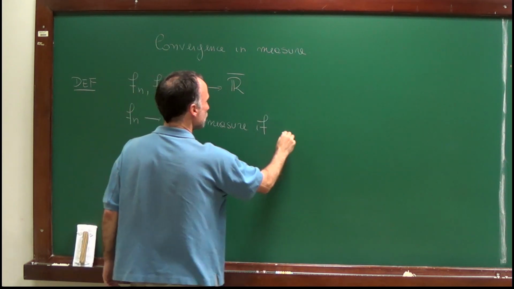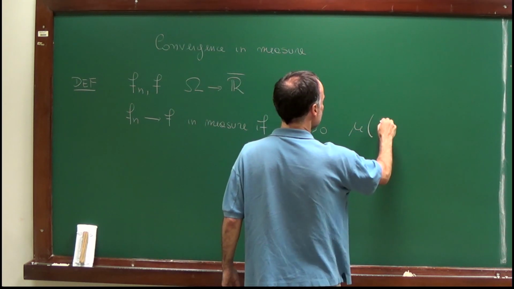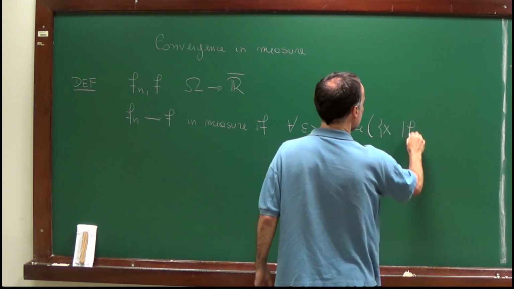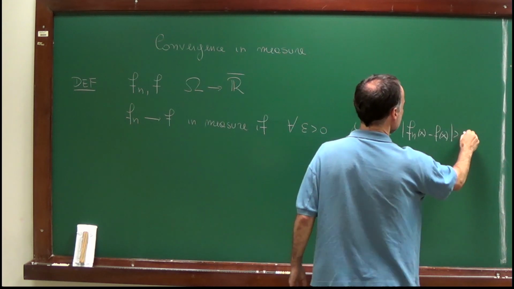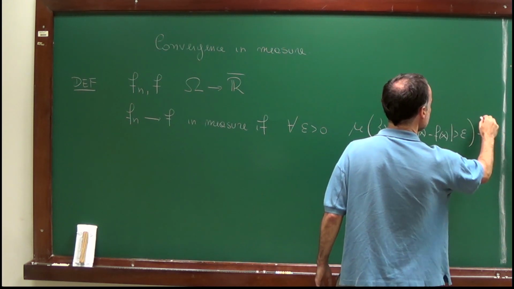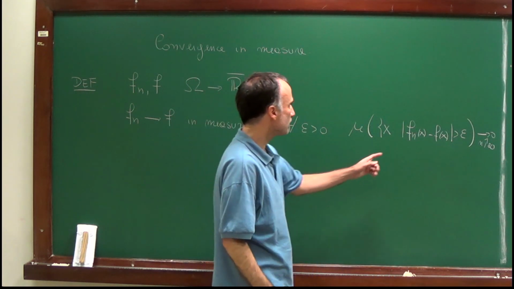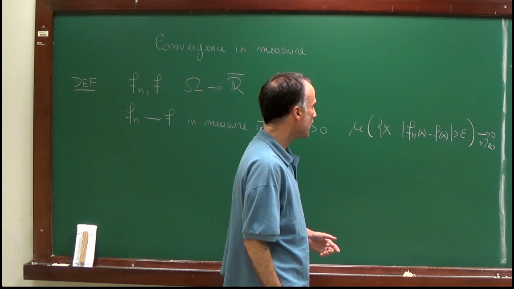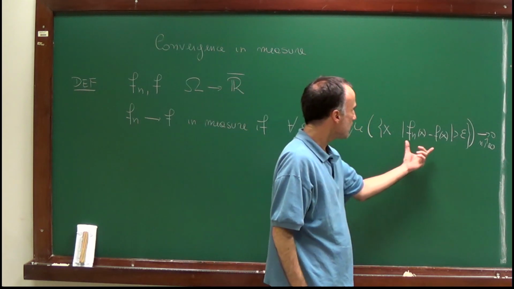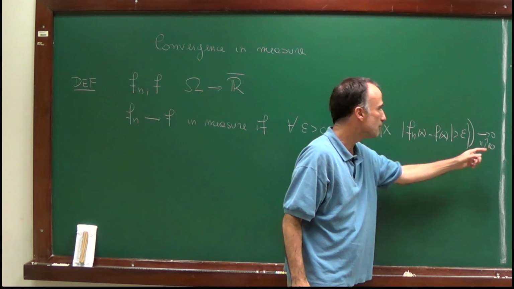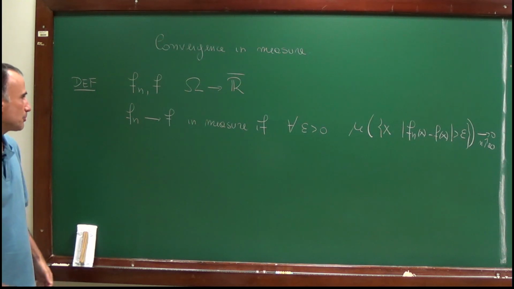if for all epsilon positive, the measure of the set of points x such that |f_n(x) minus f(x)| is larger than epsilon converges to 0 as n goes to infinity. So to prove that f_n converges to f in measure, I have to show that for any epsilon fixed, the measure of this set is converging to 0 as n goes to infinity. And let me start immediately with an example